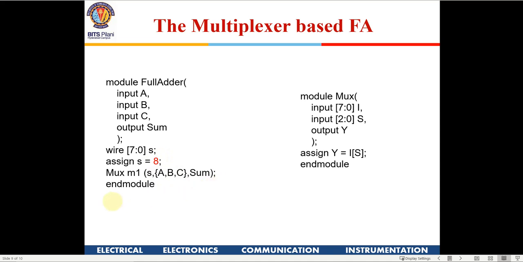Similarly, you will have to generate a carry also. So this is the problem statement. I am not going to do a detailed demonstration now, because by now you have done adequate experiments on Verilog. I am just defining the problem, and we have learnt about multiplexers and full adders. I am sure a little bit of thinking is required, and you will be able to do all these things. So you will generate sum and carry. This 8 you need to change with some other value, depending on the function which you have to implement.